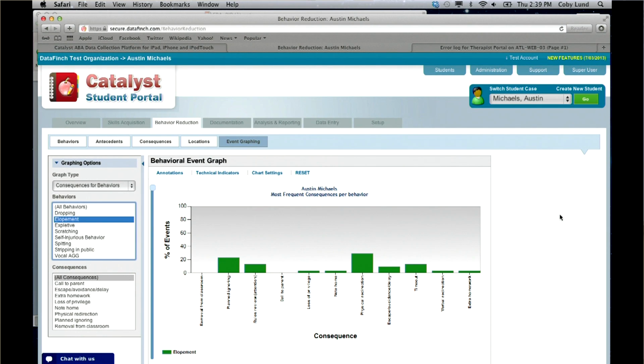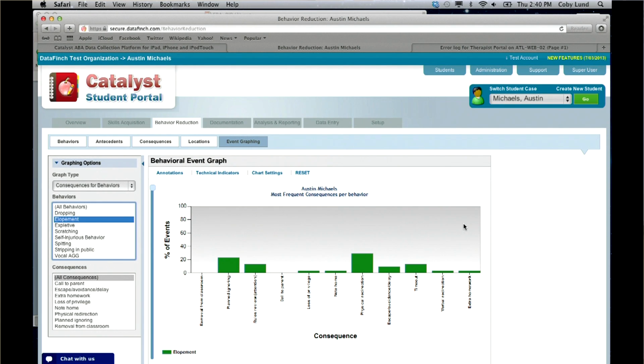And there are two ways that you can get to this. If you're using an electronic system like Catalyst, then it's just here. Right, so this data, in fact, that I just entered is now in this student's graphs. If you happen to be collecting it on paper, then you need to use some sort of spreadsheet software like Excel to enter your data and graph it. So you need to take your paper and enter all those data. But what you should produce if you do such a thing is a variety of graphs that look like this. These are things that I want to look at. So the one on your screen now